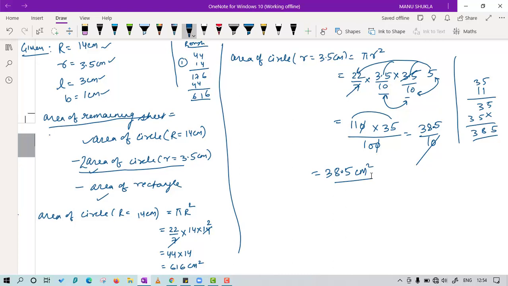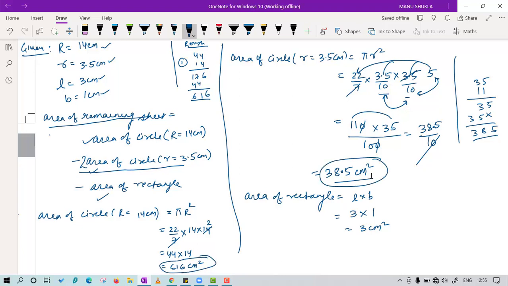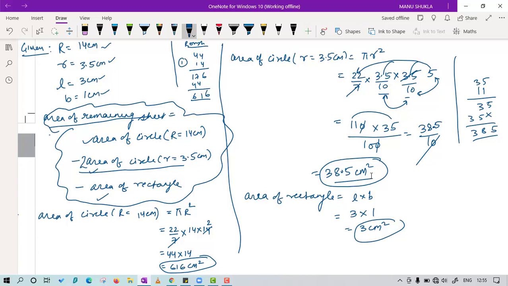Now area of rectangle is what? Length into breadth. Length is given to us as 3 centimeter and breadth is 1 centimeter, so the area is 3 centimeter square. Now as we have got the first thing, second thing and third thing, we are ready to use the formula, this one. So let's put in the formula, area of remaining sheet